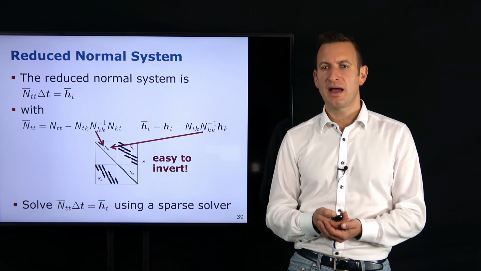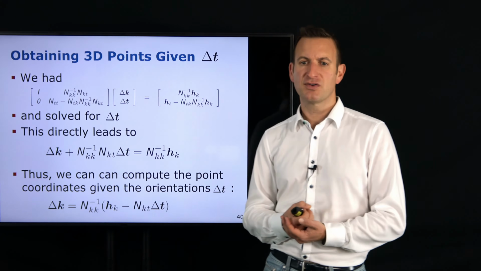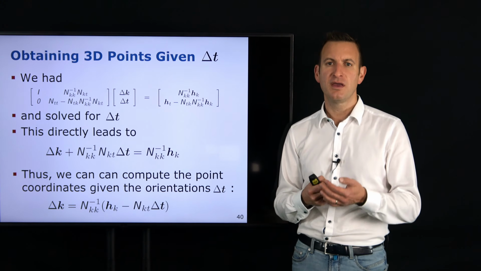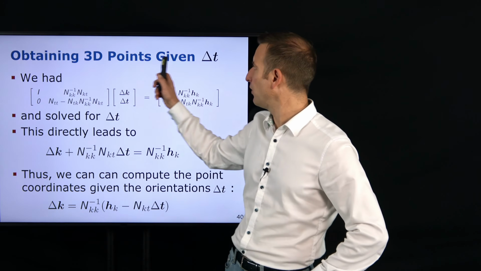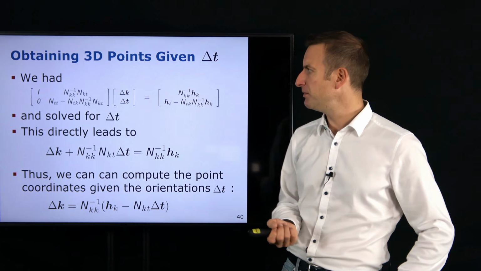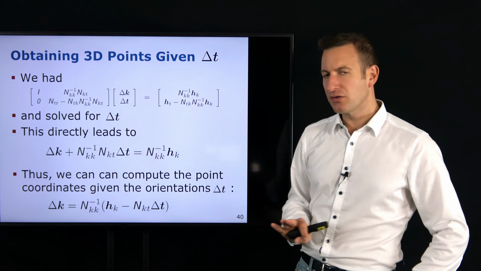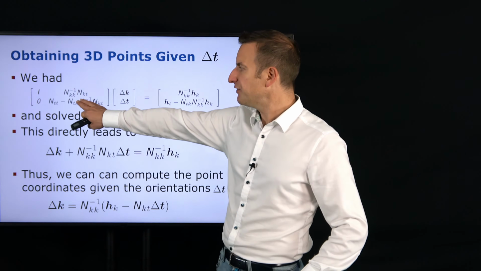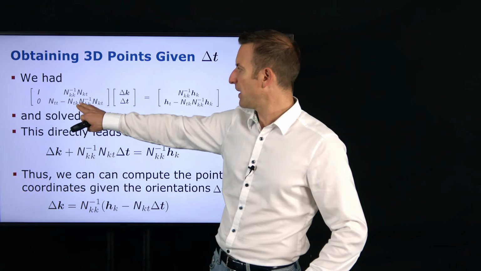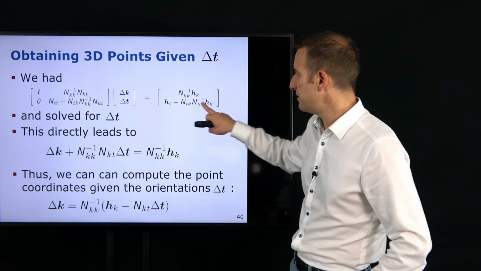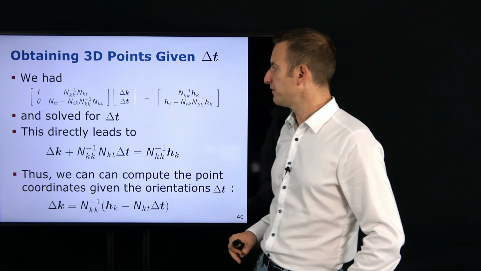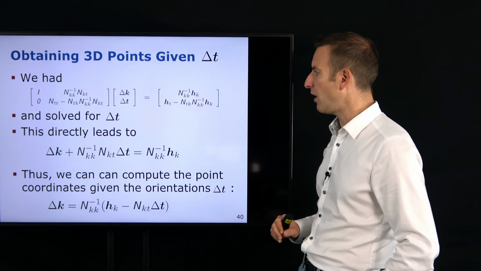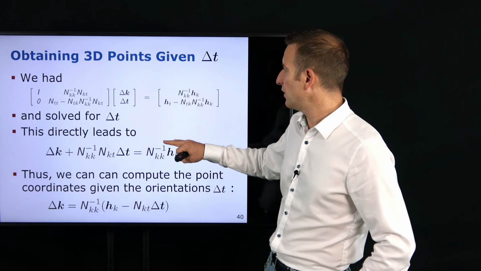Now what I need to do, I need to compute the parameters of my 3D points, exploiting that I know my camera parameters. So I want to obtain the 3D points given this delta t, given that I computed it. And this now can be easily done. I still have the system that we had over here, where we kind of cut out this lower part and solve this lower part separately. And we solved this for delta t, so delta t is known now. So what we can now use is we can